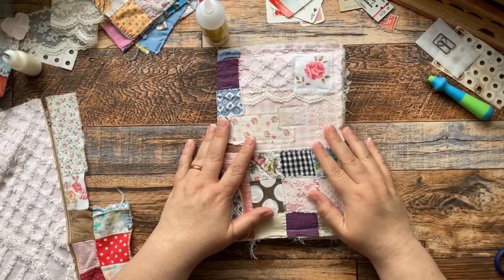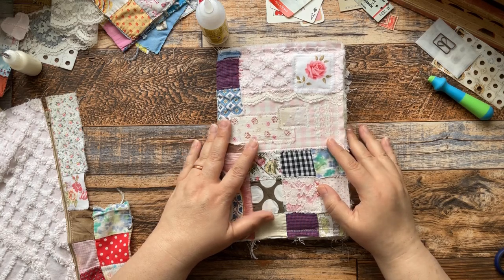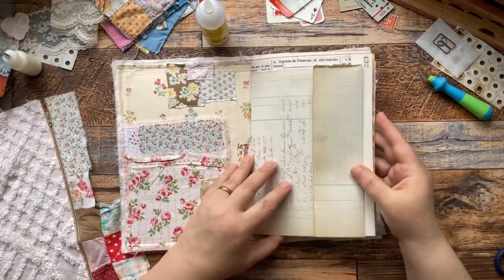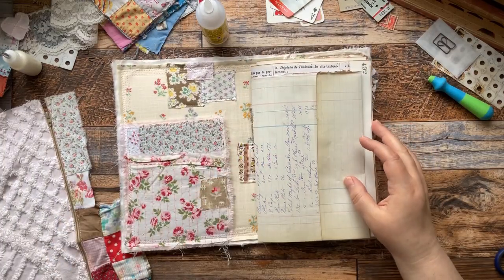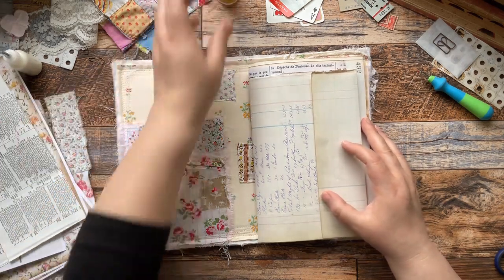I am Heather with Rose Hill Paper Cottage, and this is part 2 of the quilt journal. I'll be showing you all the different pages that I've put inside. So as I'm flipping through it and showing you what I chose, I just want to take